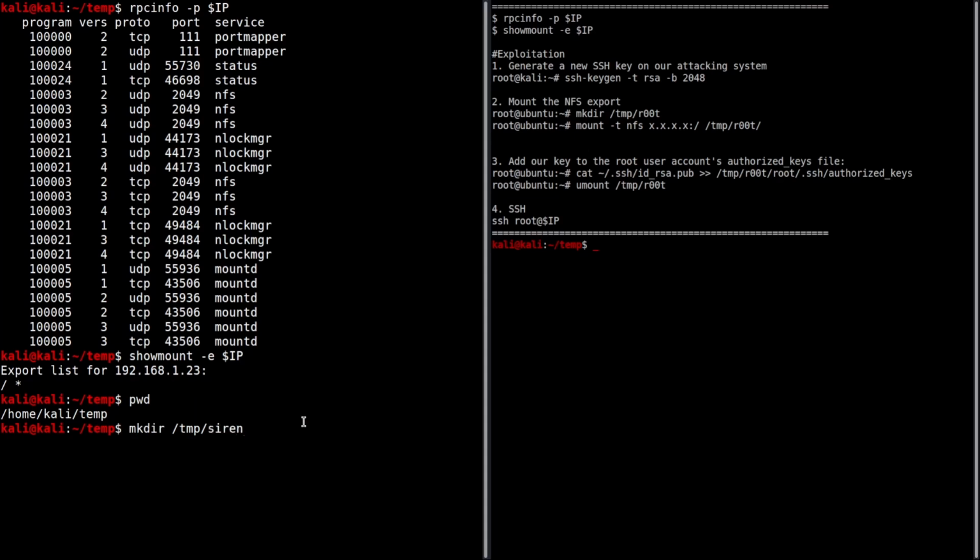It doesn't matter what it's called. That's why I call it siren there. It doesn't matter what it's called. mkdir /temp_siren. And then we're going to mount -t, as you might guess, for type, -t nfs at the target machine, 192.168.1.23: